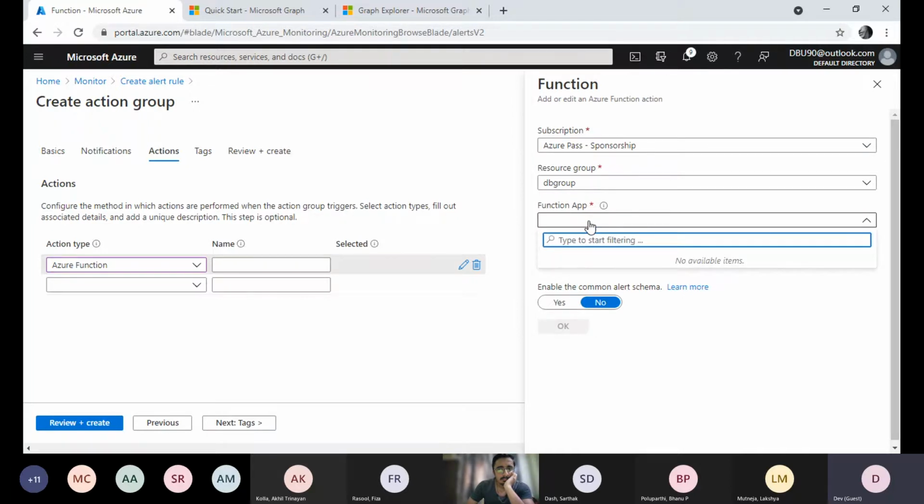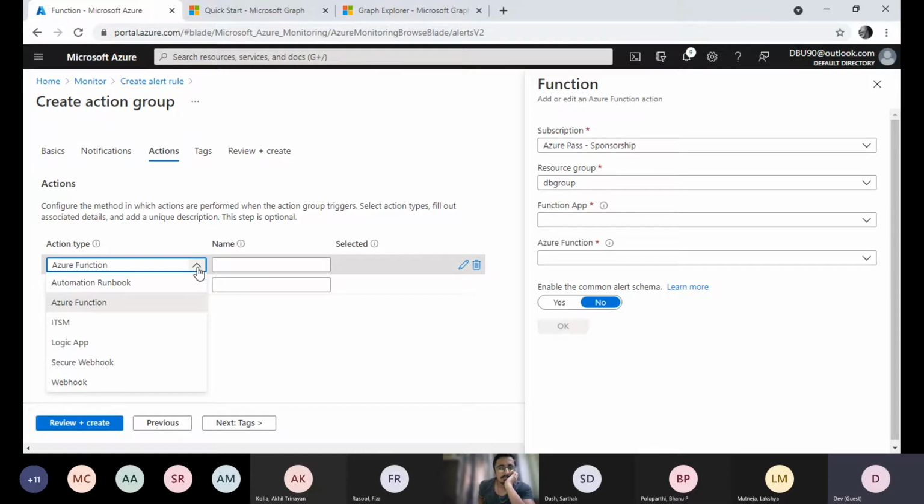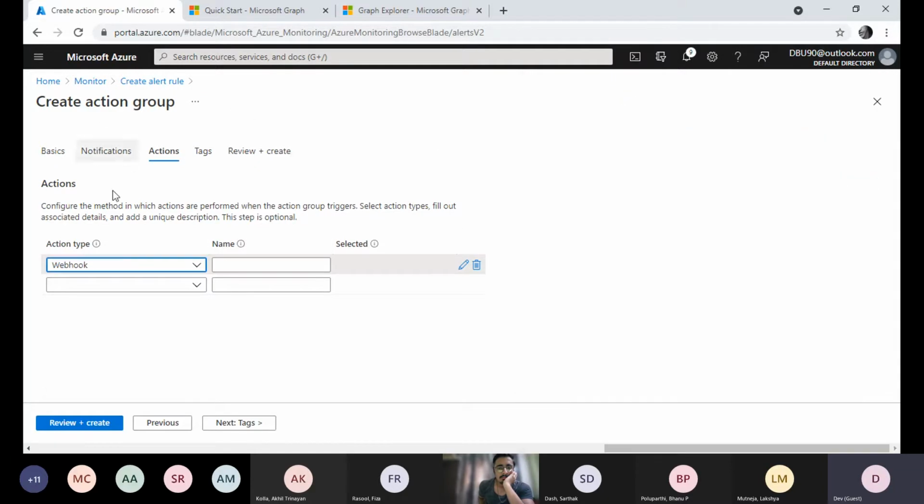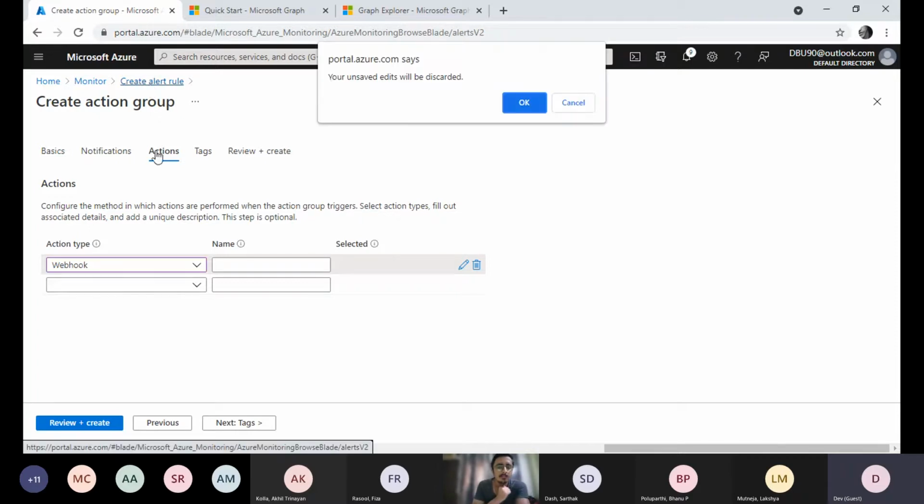No function app. Oh, I think we created it on your system. Okay. Even the webhook won't be there. I need to create it. Anyway, so we can create this action group where we want to target it. Okay. So it would be the triggers that we want to do. Okay, and then we are done with this. So we can create the rule. Let's go back. So we are not dealing with those.